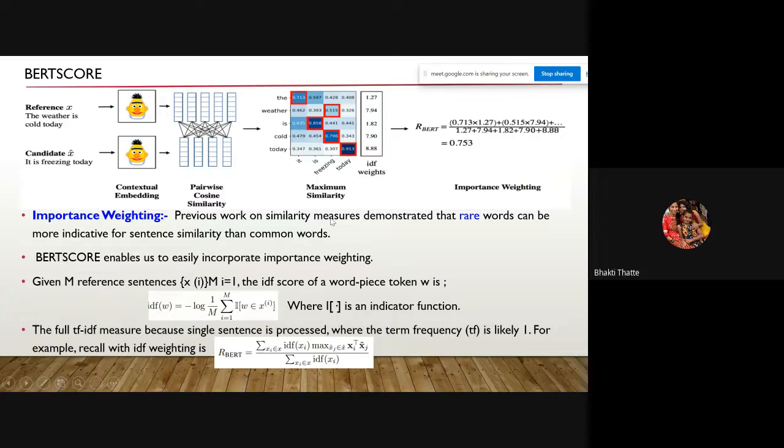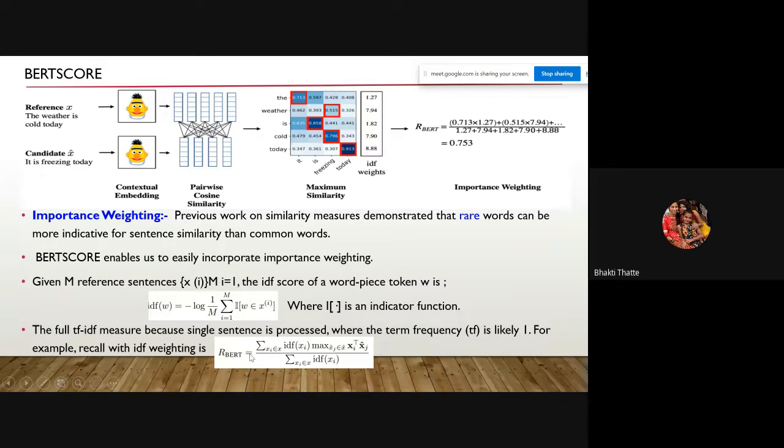Then coming to the importance of weighing, BERT score also gives us the idea of weights, the importance of every word. So it gives us the knowledge of rare words. As we discussed in the recap, the word where the score is 1 is the rare word and it's worth checking in the entire document. BERT score enables us to easily incorporate importance weighing. The actual formula is TF-IDF, but since we are processing every sentence one time, TF is likely to be 1. Hence the RBERT,